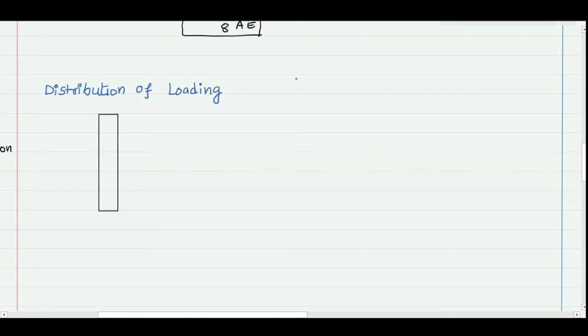So we know the distribution of loading. Suppose this is my bar which is fixed here, and my force is a function of x, so it is proportional to x. However, my deformation is proportional to L square minus x square. And if I calculate the stress, it is defined by the force by cross section area. So stress is also a function of x. So if I plot the stress with respect to my length x, that is x is equal to 0, so x is equal to L.